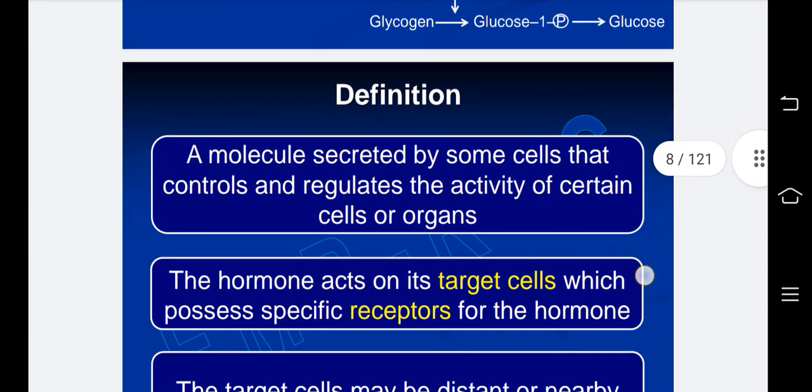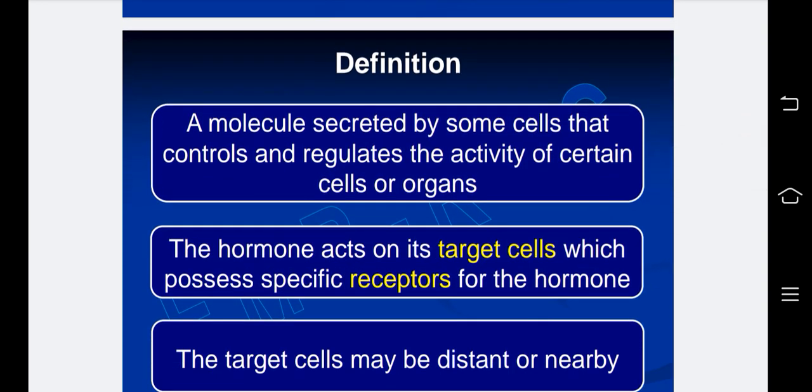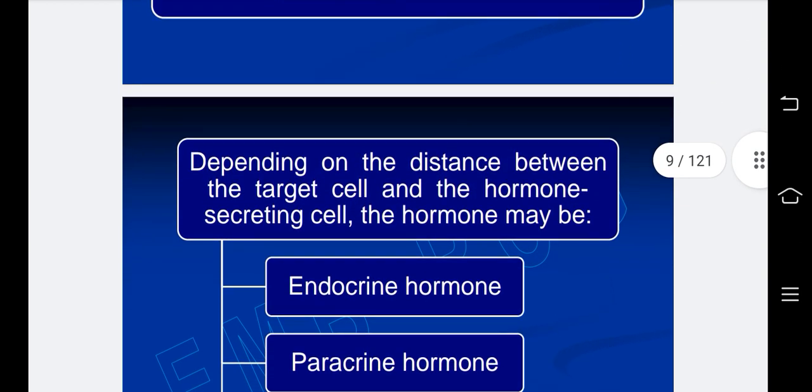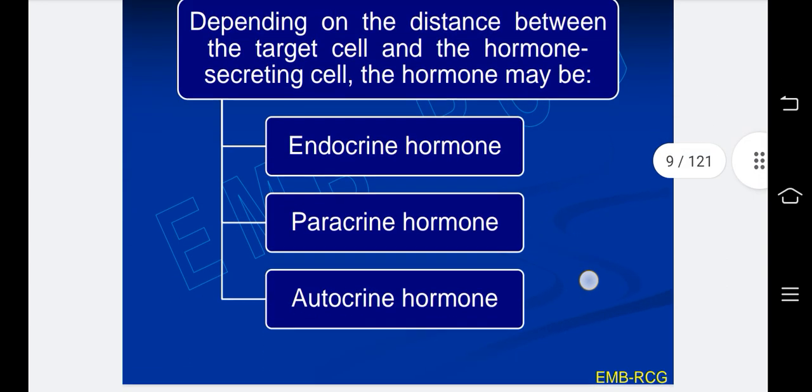A hormone is a molecule secreted by some cells that controls and regulates the activity of certain cells or organs. The hormone acts on its target cells, which possess specific receptors for the hormone. The target cells may be distant or nearby. Depending on the distance between the target cell and the hormone secreting cell, the hormone may be an endocrine hormone, paracrine